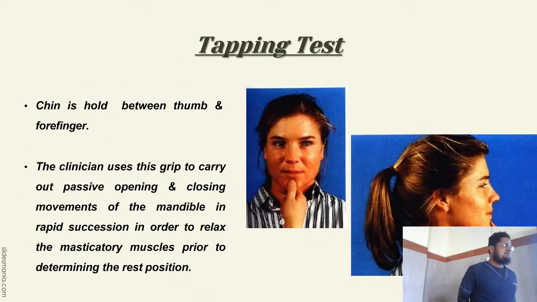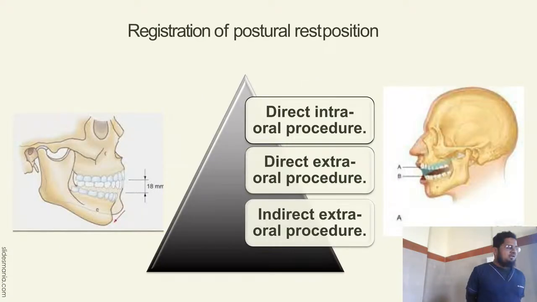So what is the tapping test? In the tapping test, we hold the chin between the thumb and the forefinger, and the clinician guides the mandible and does passive movement of the mandible so that the musculature can be relaxed prior to determining the raised position. So this registration of postural raised position can be done by three methods: direct intraoral methods, direct extraoral methods,